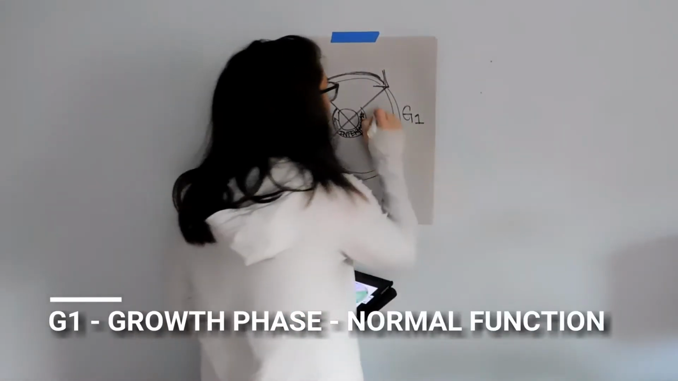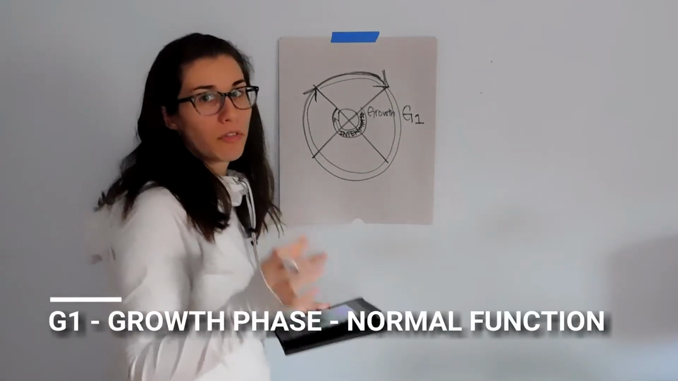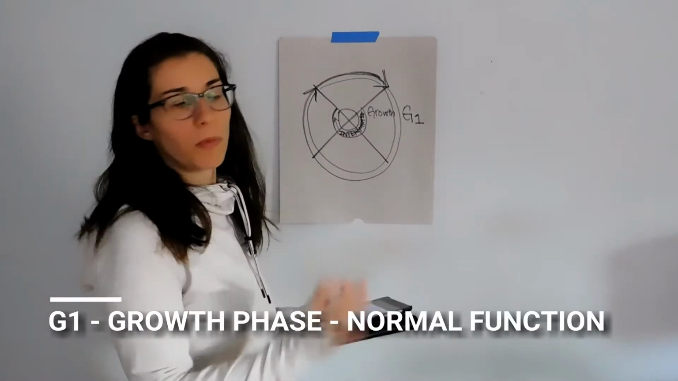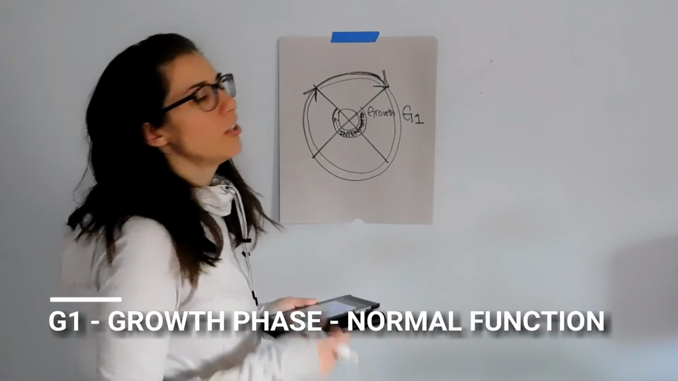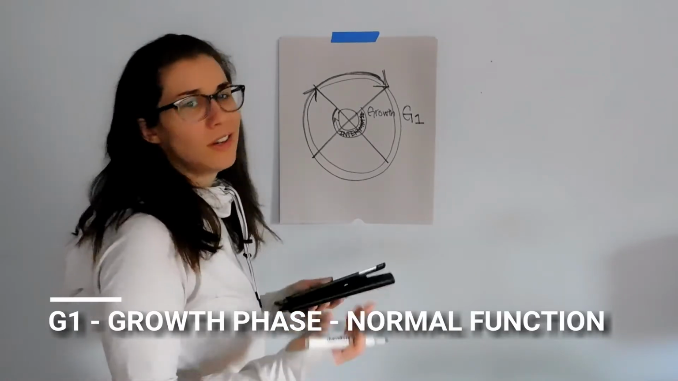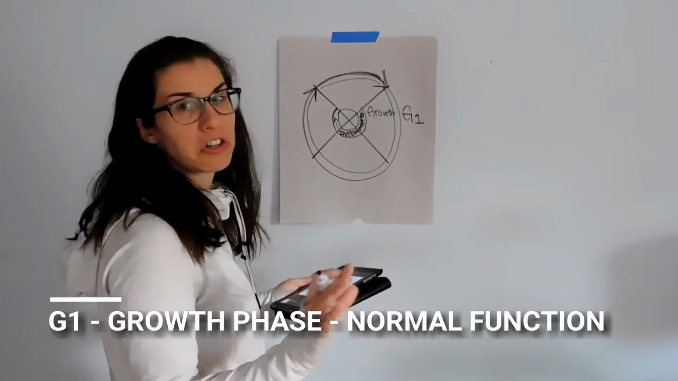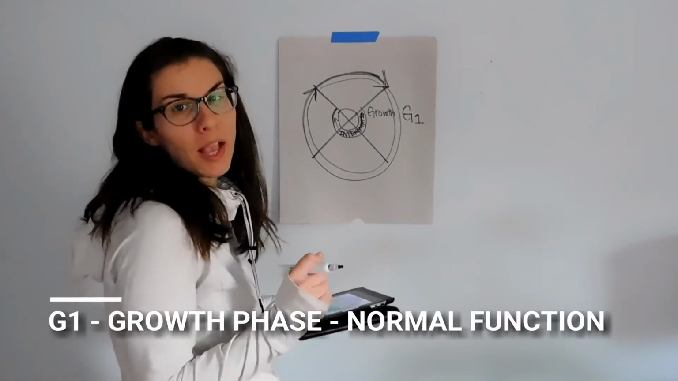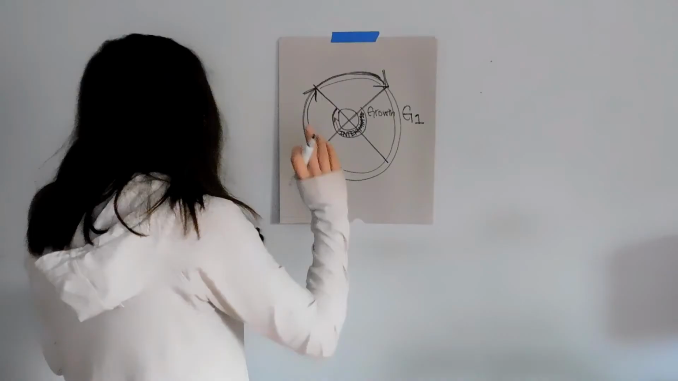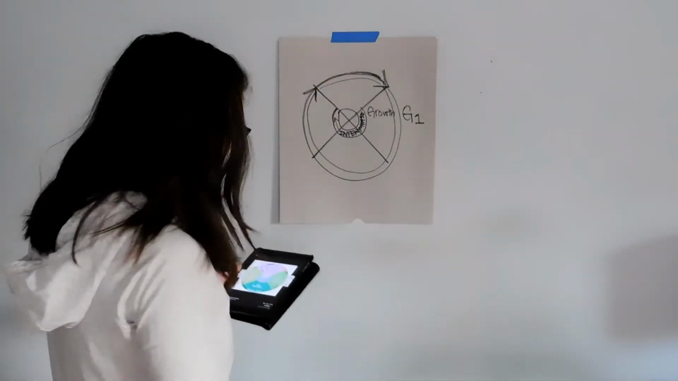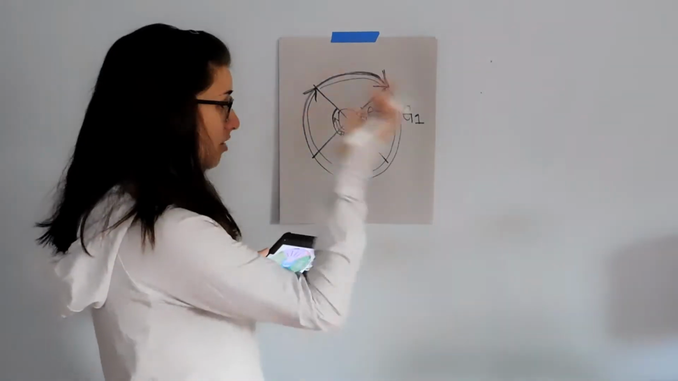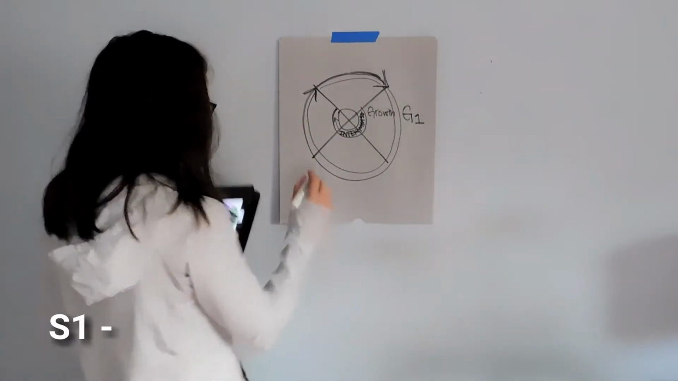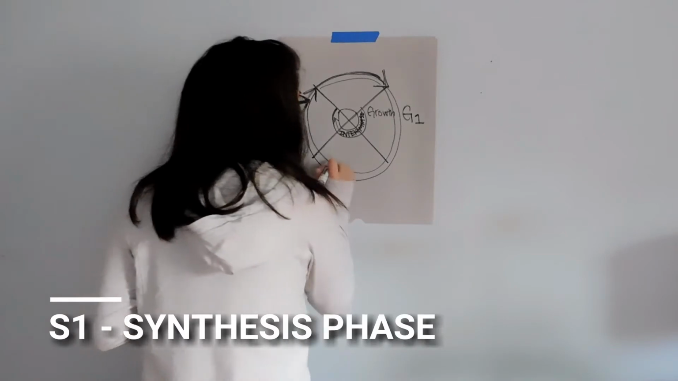G, growth. And with the growth phases, they're doing their normal thing. They're just hanging out, doing their metabolic processes. Nothing exciting is happening. They're just chilling out, being epithelial cells. G1. When that phase is complete, or that stage is complete, we get to the synthesis phase, or